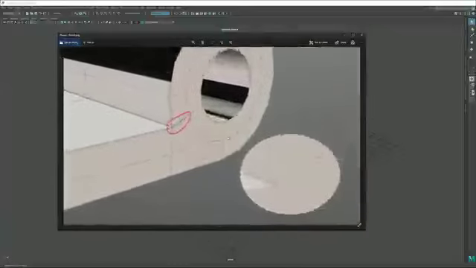The problem here is that, as you can see, we have this relatively relaxed area going into an area of high tension, which means that this one point has 1, 2, 3, 4, 5, 6 edges going into this single point, while this area is fairly relaxed.